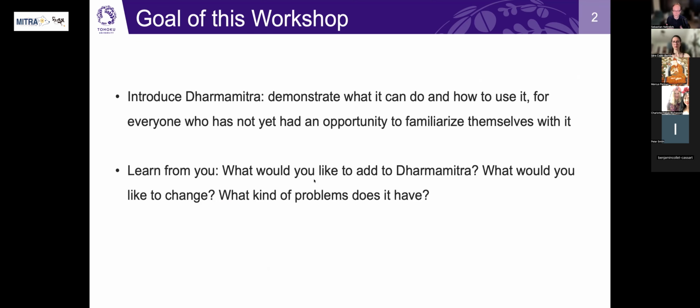But then we would also like to see this as an opportunity to learn from you what you would like to see on Dharmamitra, what kind of additional data, additional functionality, but also the type of problems and difficulties you encounter. This is a good opportunity for us to learn how we can improve the platform and make it more useful to all of you who are using it.